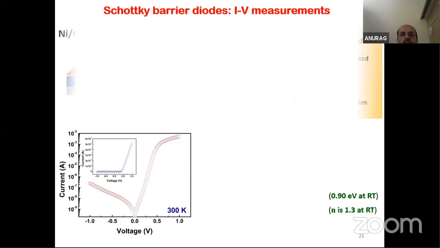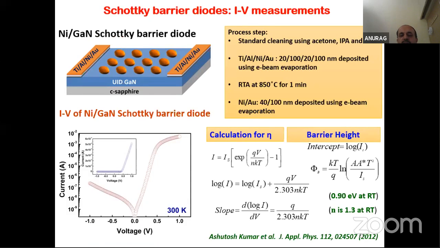these two models. I'm just using a reference from my PhD student's work, Dr. Ashutosh Kumar. I'm showing you one example. There is a gallium nitride film on sapphire. We have done complete Hall measurements and resistivity measurements on it. On the sides, you can see two bars, two stripes, titanium, aluminum, nickel, gold. It is a 4-layer contact deposited by E-beam evaporation after